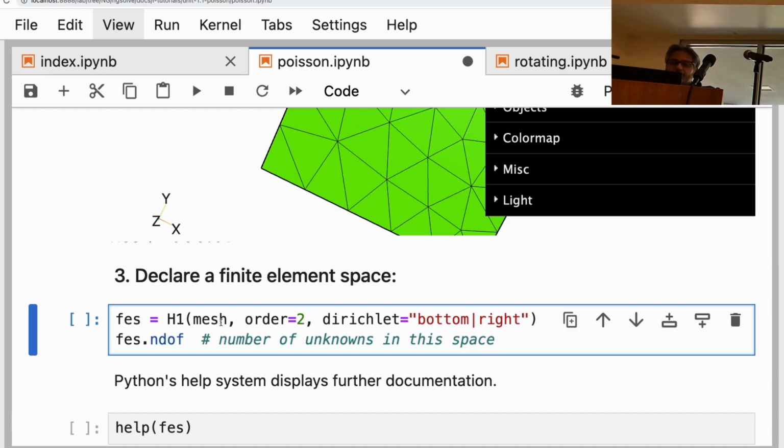We declare a finite element space. Everyone who's taken a finite element course knows what this is, H1, and we're not equipped to talk about what H1 is at this point, but we'll just use what is called H1 in NGSolve, which is the Lagrange finite element space of the input order together with boundary conditions. So you have to specify which part of the boundary should